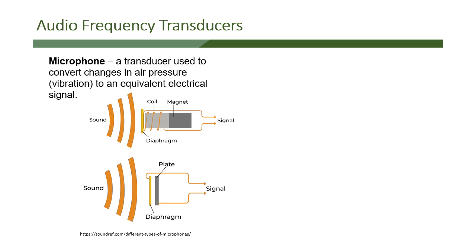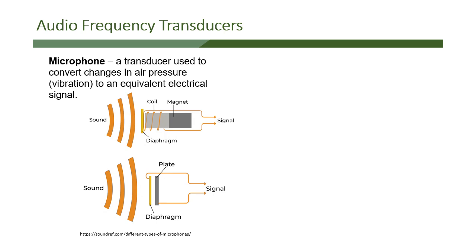And we have two different types of microphones. Again, this is just for your information. We have a dynamic microphone, which is the top one, and we have a condenser microphone, which is the lower illustration. Now, you remember that when you move a coil through a magnetic field, you produce an alternating current signal. So if you attach the diaphragm of the microphone, the section where voice or air molecules are going to be hitting, to the coil, as the diaphragm moves, the coil will move in and out of the magnet, which produces an electric signal